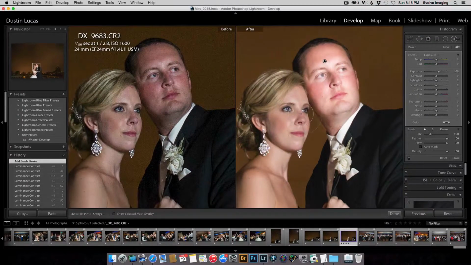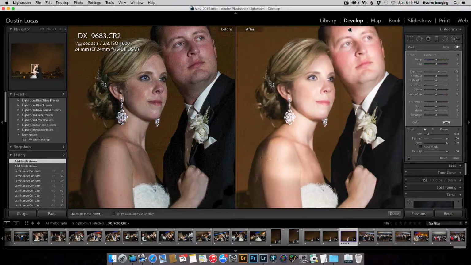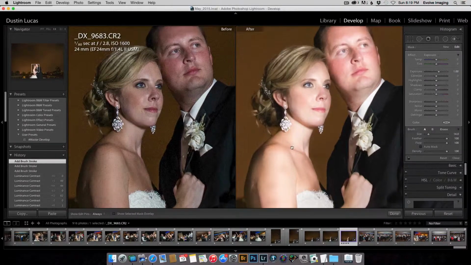And I'm not going to pay too particular attention to the detail I'm doing with this mask. It's just more or less to show you another feature of noise reduction and how it's used in different parts of Lightroom. I'm just going to lightly go over her skin real quick here. For a final photo, I would pay a little more attention to getting all of her skin, of course. But what I want to show you here